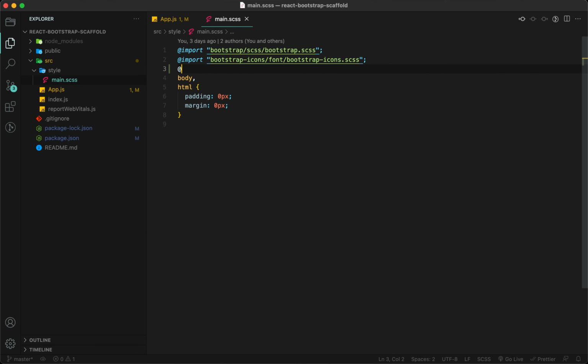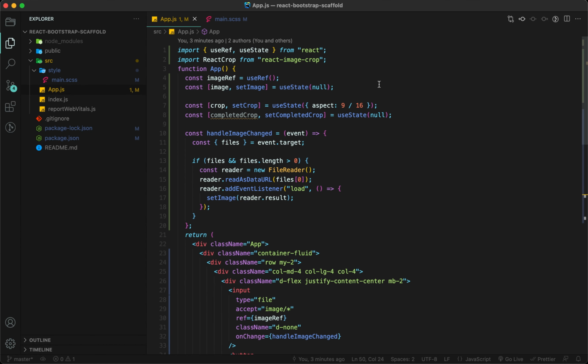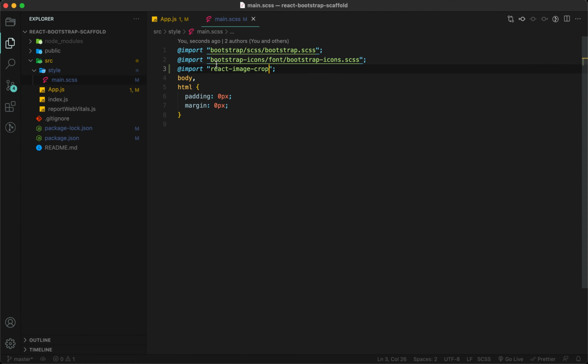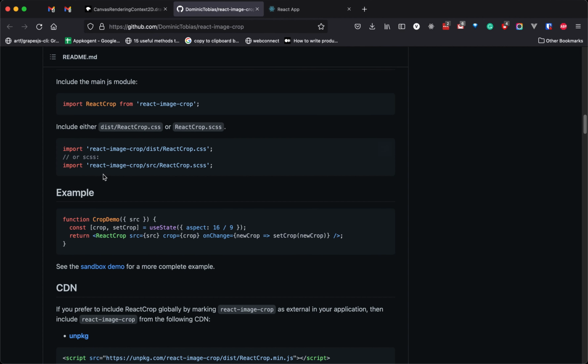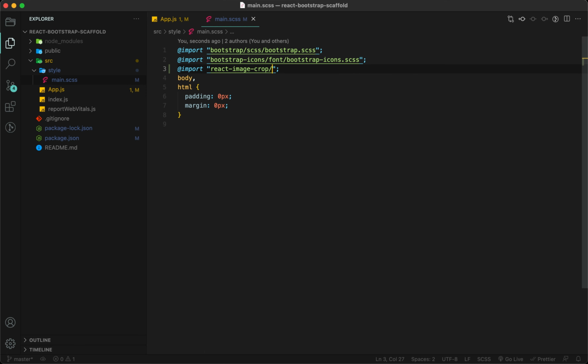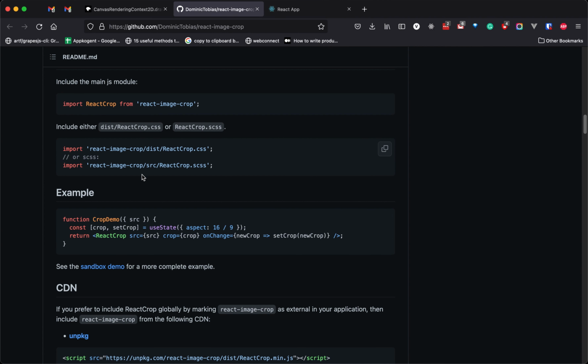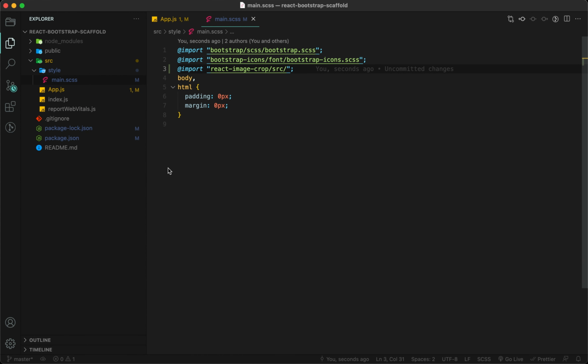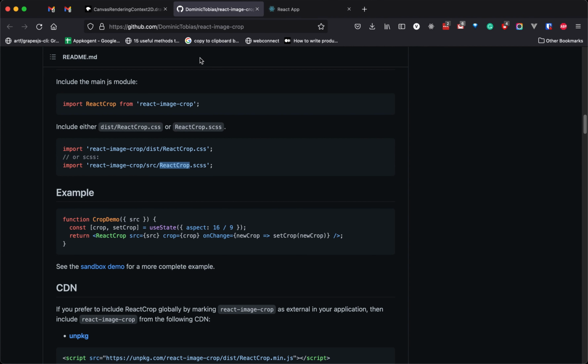So let me add the react-image-crop src react-crop .css. Now let's see.